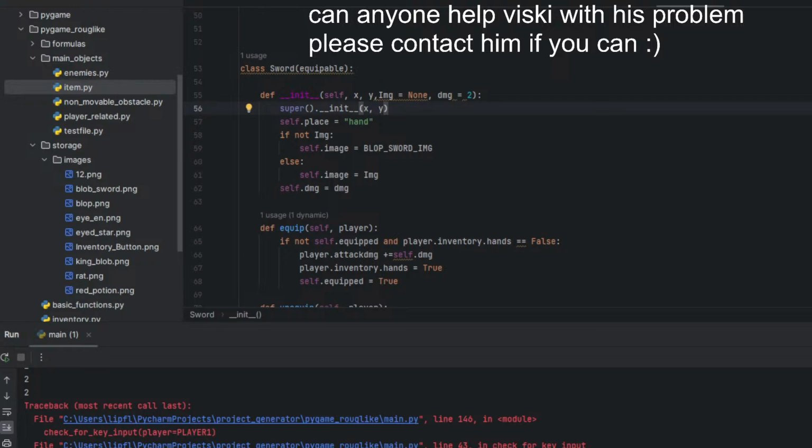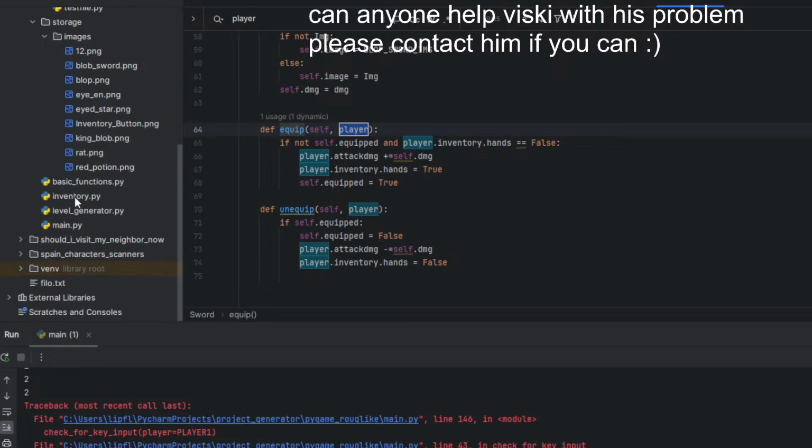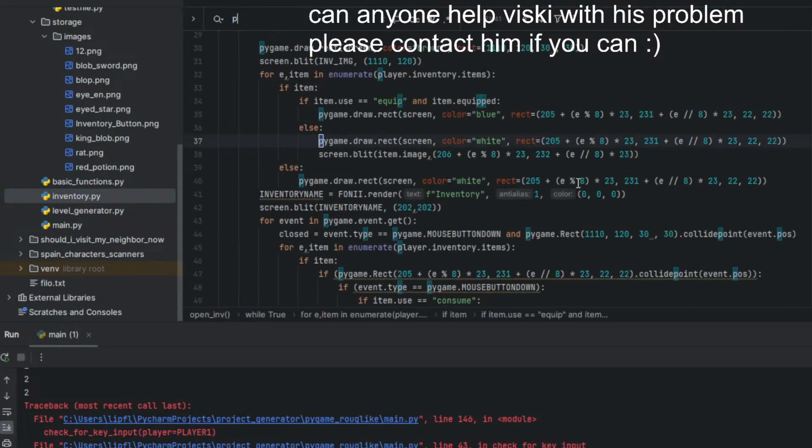So how can we uncrash it? Okay, uncrash is a terrible word, but player, equip. Player. Inventory. Player.